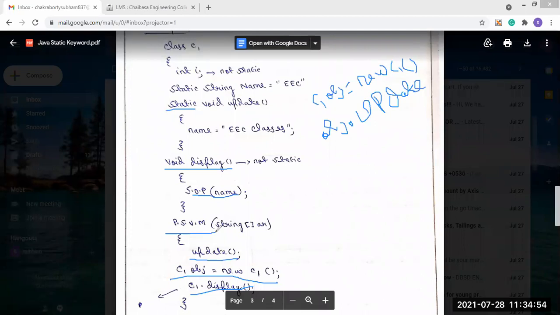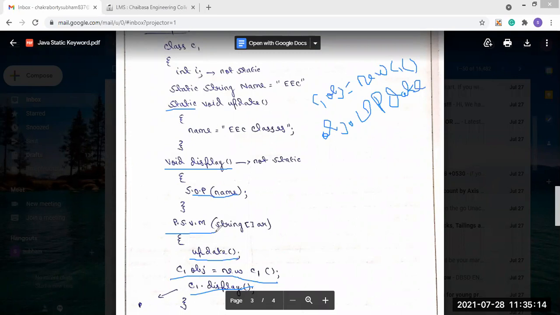This can be asked in any interview, any question can be given. That's why we use public static void main. It is given as static because the JVM directly calls this main method without creating any object.